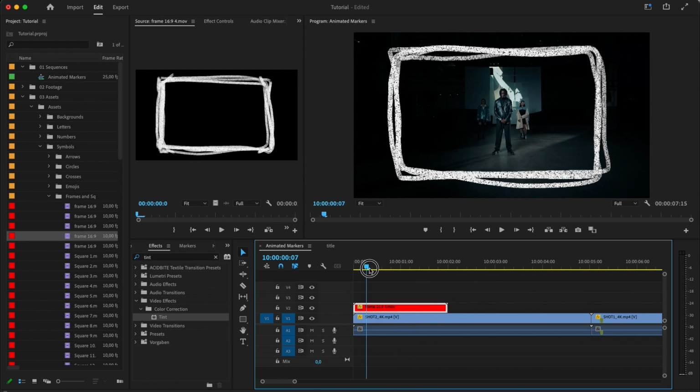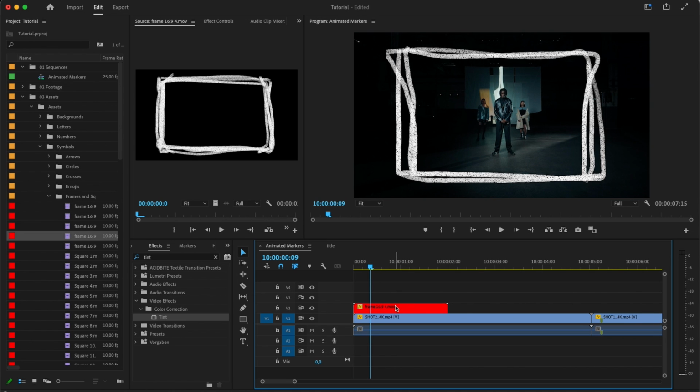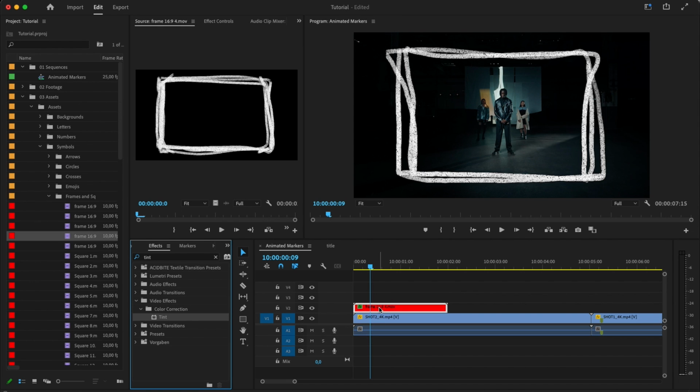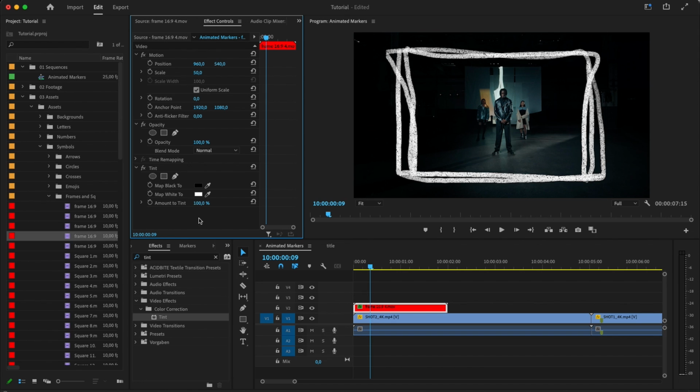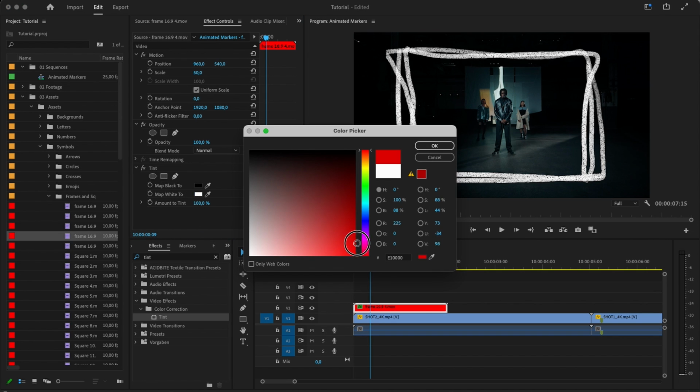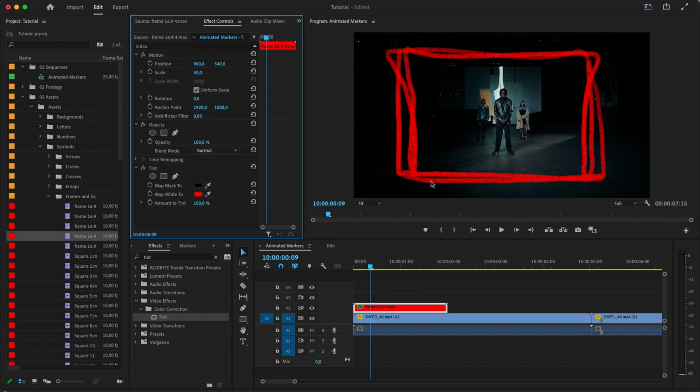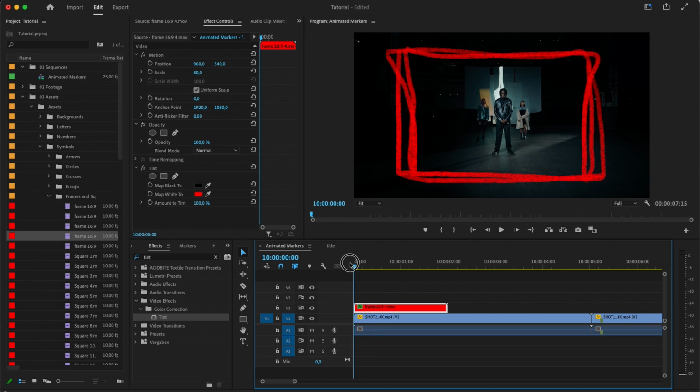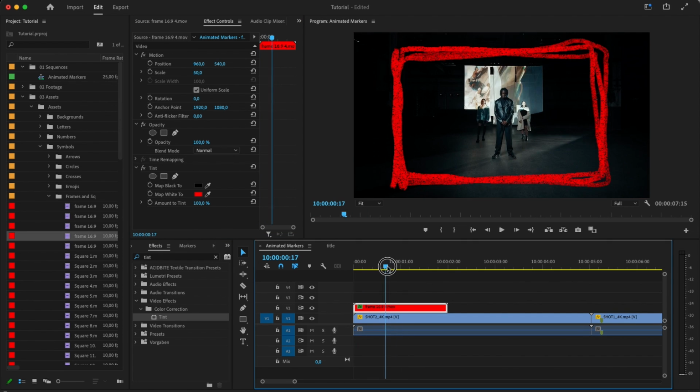And of course, you'll notice that the color of the frame is white. All of the assets are going to come in white as a default, but it's super easy to change. In your editing software, you should probably have an effect called Colorize, or in Premiere, it's called Tint. If I drop that onto the asset and then come up to the effects panel, you can see that I can remap the colors. I can click on white, play around here, and I'll just choose a nice saturated red. It's really that easy. That's all it takes to change the color.